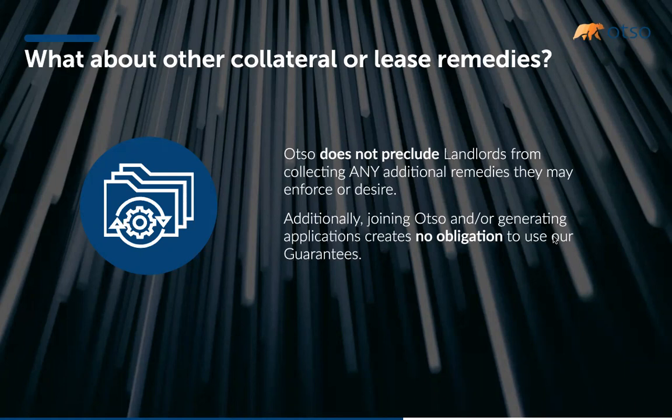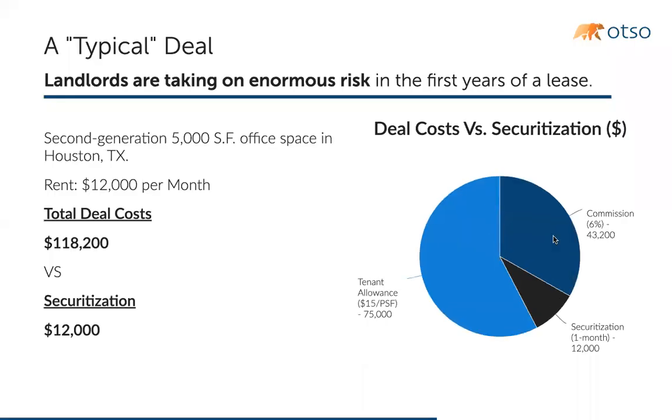The only time a landlord is subordinate to us is when we've paid them the claim. And so if they had a $50,000 guarantee and we go pay it, they can go sue the tenant for $1 million. They just can't sue them for the $50,000 we've already paid them. And I'm happy to sort of dive into that. But again, always an option. The idea here is flexibility to reduce friction.